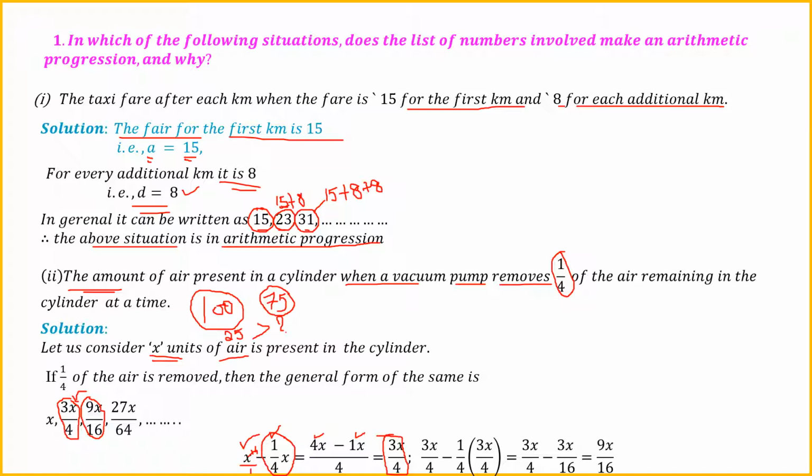The same way, if 1/4 of the remaining air is removed, by multiplication we have 3x/16. By taking the LCM, we multiply by 4 to make the denominators equal, so we will have 12x minus 3x. That is 9x, and the denominator remains 16. So here we have 3x/4 and 9x/16. Let's try if this forms an arithmetic progression: x, 3x/4, 9x/16,